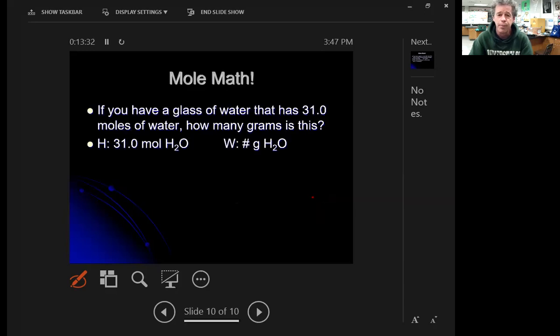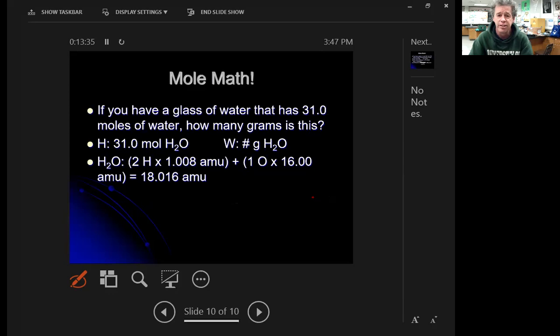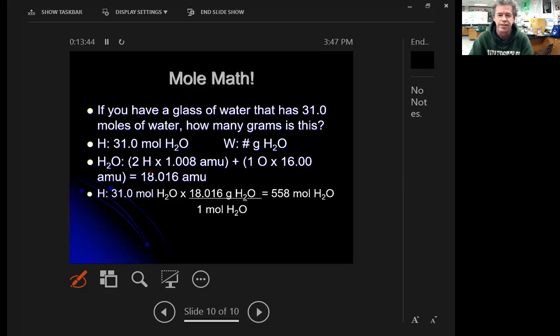We can go the other way. We already talked about the mass of water, and again, instead of AMU, you could talk about moles: it's 18.016 grams per mole. We can do that as well. So the given here is 31.0 moles of H2O. Again, 18.016 grams of H2O is 1 mole of H2O. Setting up this way, moles of H2O cancels, and you have 31.0 times 18.016, which is 550